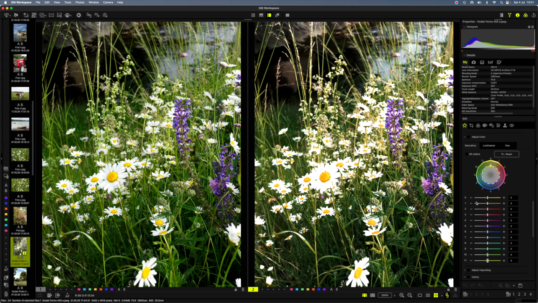Remember, the base Kodak color technology is always available, but Olympus gave us a new layer that we can place on top of the Kodak technology to influence the final look.